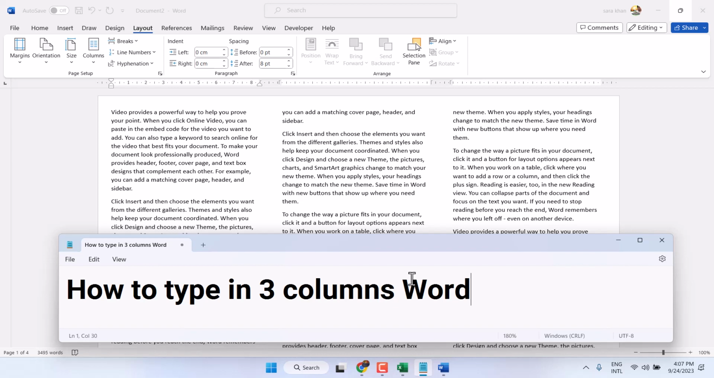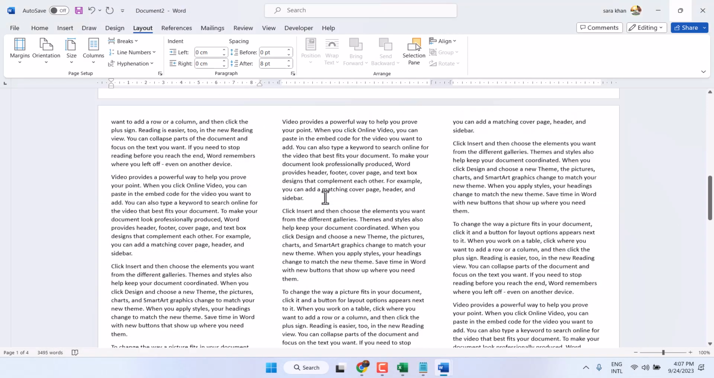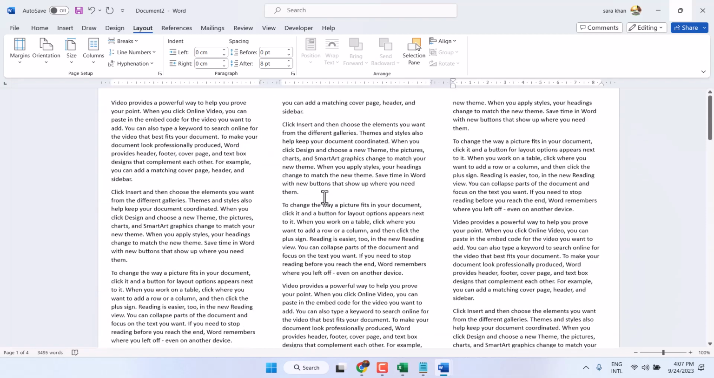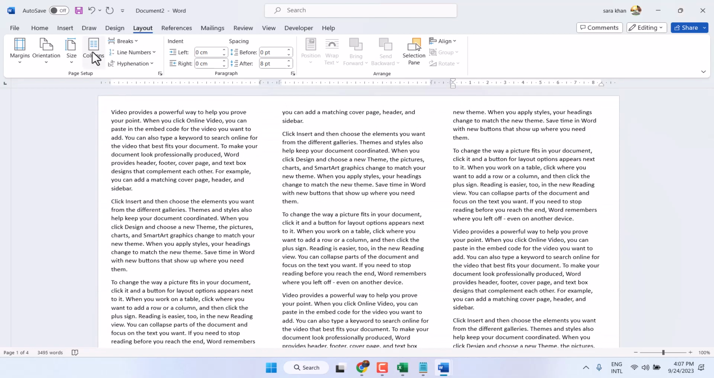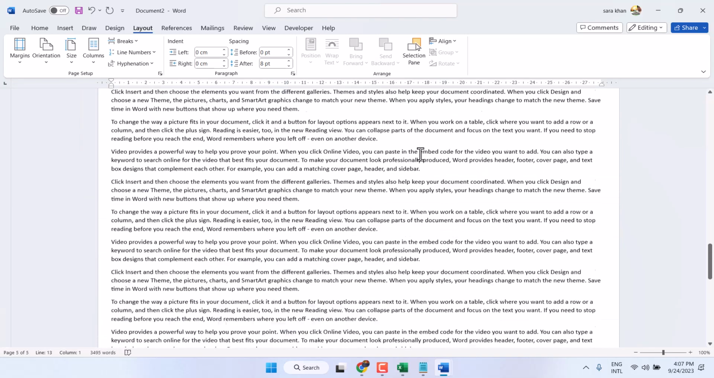In this video, I will show you how to type in 3 columns in a Microsoft Word document like this. So, very simple and easy way, guys. If you have only just one column as a default,